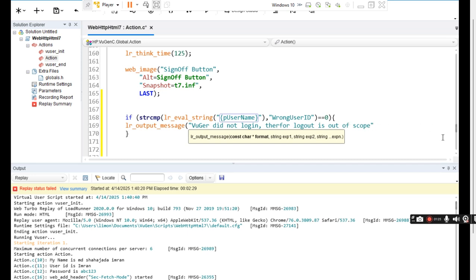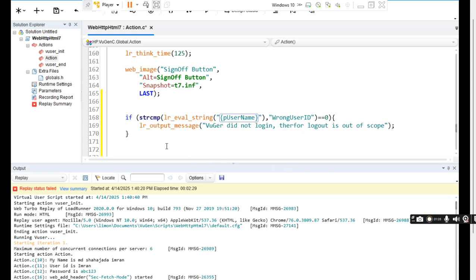A user cannot log out if the user is not logged in in the first place. So if the user ID is the wrong user ID, then the script will print this statement saying that a user did not log in, therefore logout is out of scope. Else